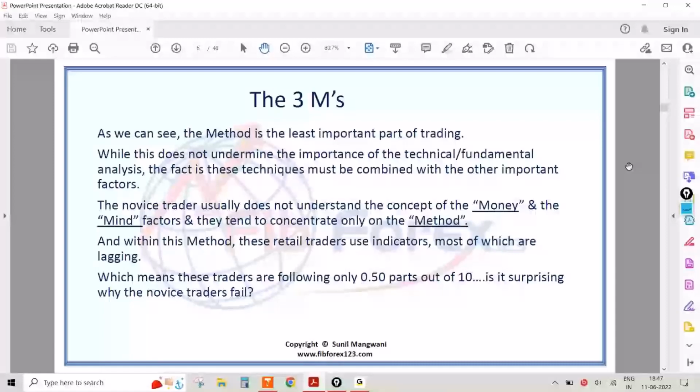And a new trader who comes in usually does not do that. I'm talking about the inexperienced traders who come in over here. And when they start up, like I said, new traders, and when they look for trading systems,